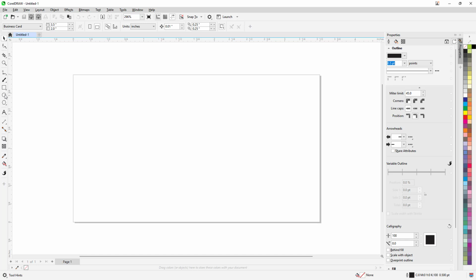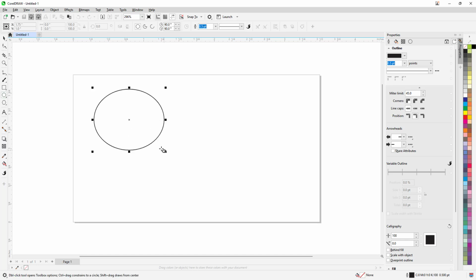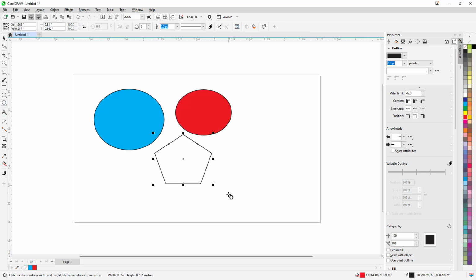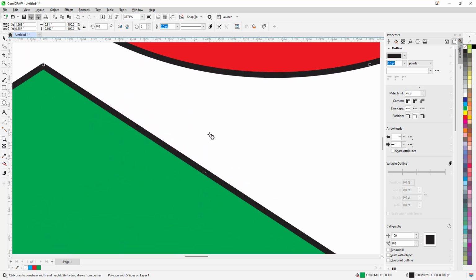So over here, if I were to draw a graphic right here, just like this, and I have this particular design, let's go ahead and add another graphic as well, add in a color right here, and then add in, let's say, another shape right here as well. If I were to zoom in, you can see that these are vector graphics right here, and